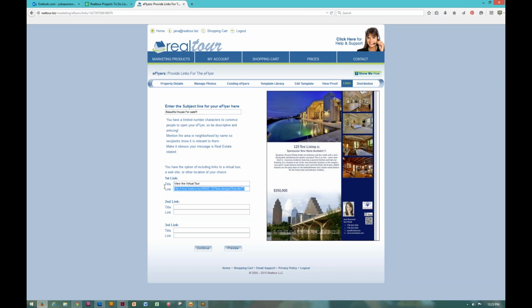Click in here and delete, and you don't have to have the tour. If you are only using us for e-flyers and maybe you make your tours somewhere else, that's fine. You can copy and paste the link for another tour in this window. It's up to you. You also get 2 other optional links. So for example, if you have a website, you might say my website, and then you just type in whatever the URL is, jana.com, whatever it is. You might want to add, like visit Austin, right? And then you could type in whatever that website is,